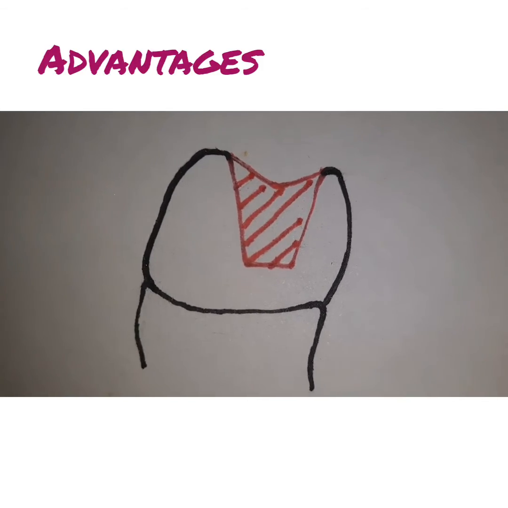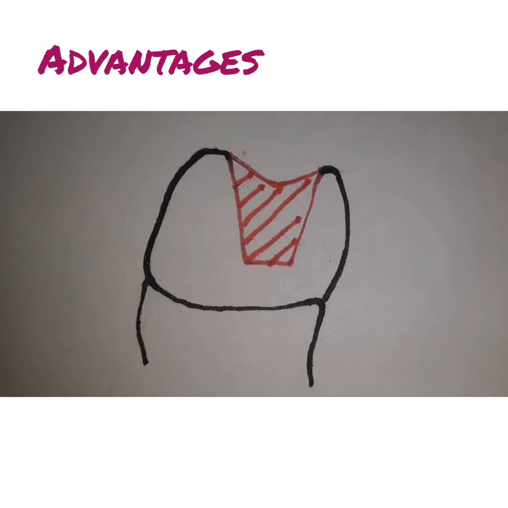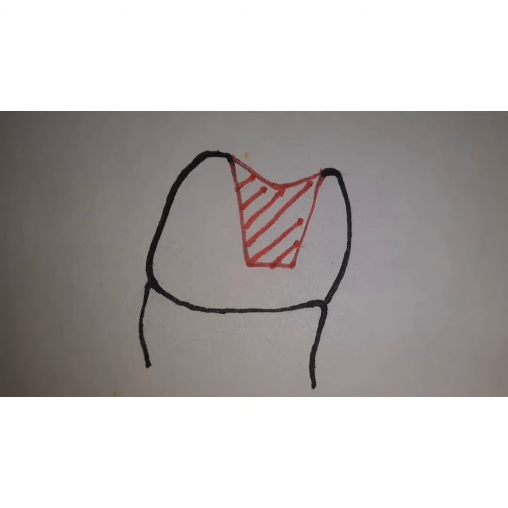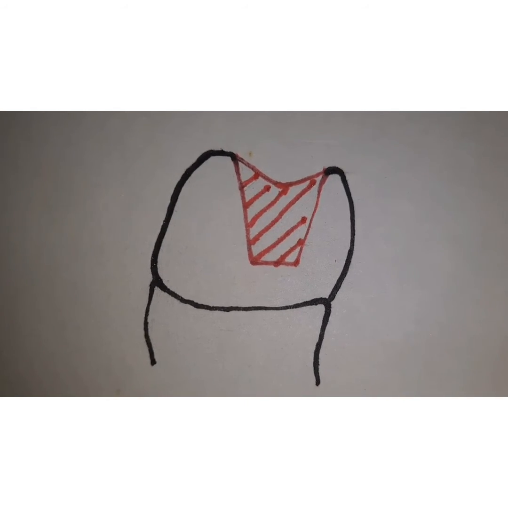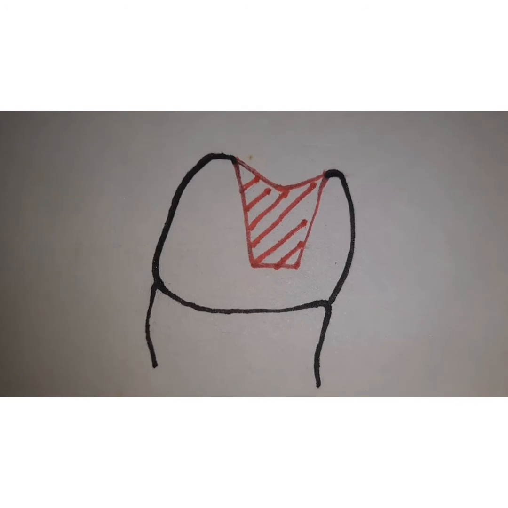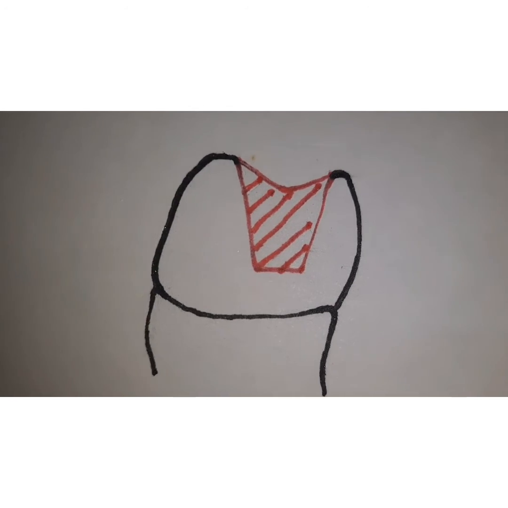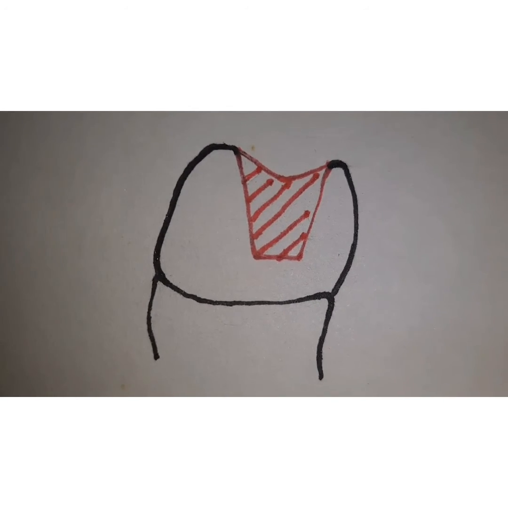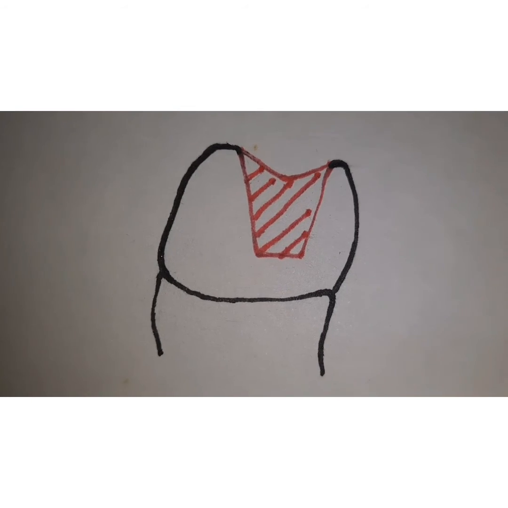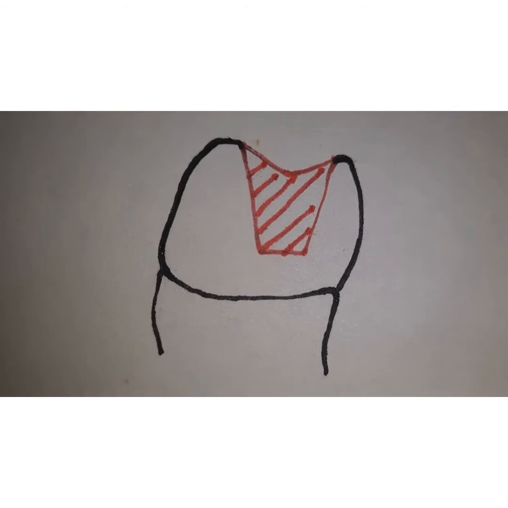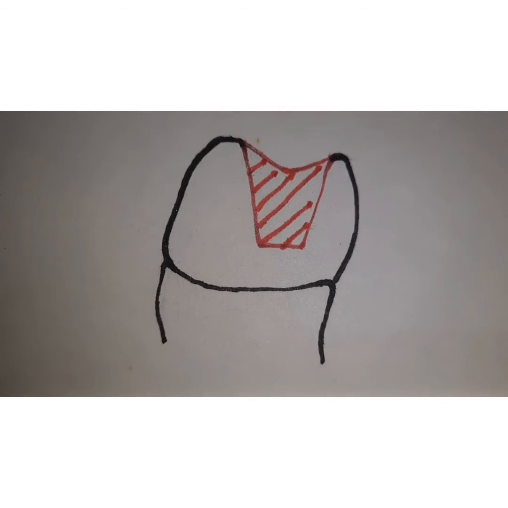The advantage of this type of restoration is superior material properties. This inlay is made of either all ceramic or all metal material, so definitely you have superior material properties. Longevity is there because once it is cemented within the confines of the tooth, it stays for a longer period of time, and there is no discoloration from corrosion. It is the least complex cast restoration, and there is less wear in comparison to composite. Composite restorations wear faster in comparison to an all ceramic or an all metal inlay.